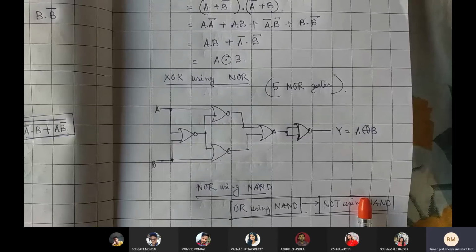Instead, if I am using maybe 10 AND gates, a few NOT gates, a few OR gates, a few XOR gates, so different gates, what will happen? Maybe one AND gate is consuming more power than a NOT gate. Then maybe the XOR gate is consuming the highest power, probably. Not only power, but there is another thing.